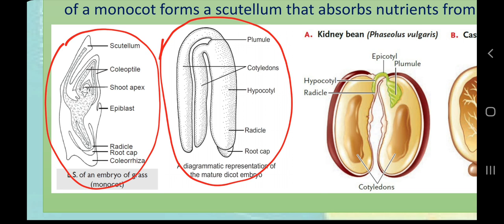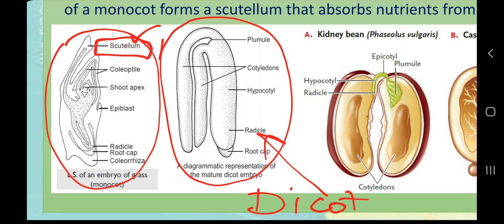So when we were talking about the process of fertilization, the process of seed development, I was showing the dicot embryo. So here is the monocot embryo. There are slight differences. So this scutellum is the cotyledon for the monocot embryo. This coleoptile is the covering on the embryonic shoot. What is shoot? The above ground part of any plant. What is root? The below ground part of any plant.